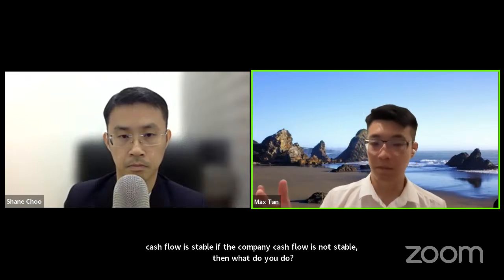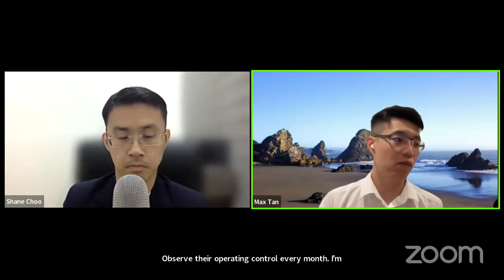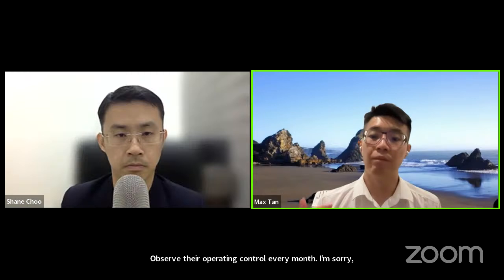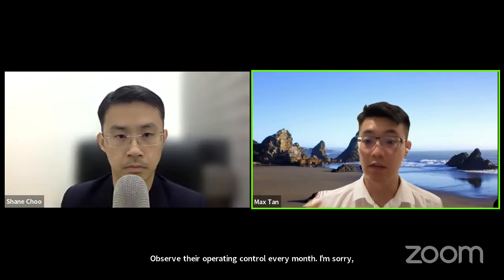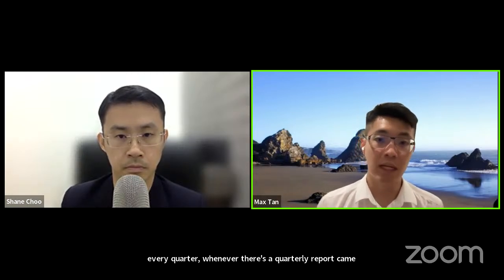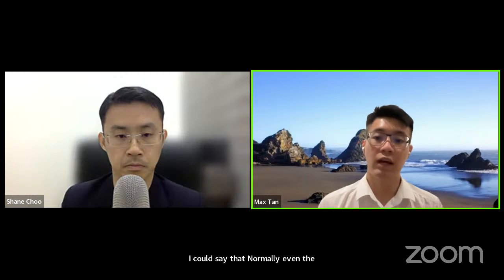Observe their operating cash flow every month. Every quarter, whenever a quarterly report comes out, see whether there are any significant negative numbers over there. I could say that normally, even if the company is super good, eventually they would probably have one or two quarters with a negative cash outflow because of